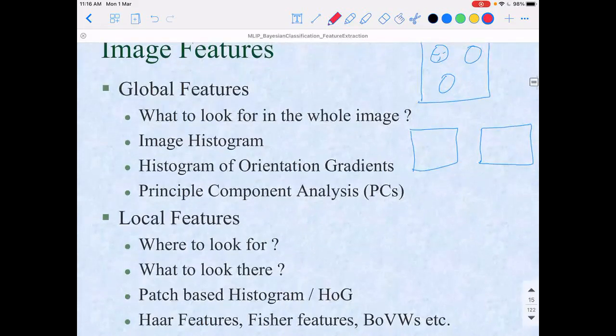As I said, if I want to find out whether a cat is there or not, I may have the tail of the cat, the head of the cat. So different key points, different feature points at different regions of the cat I may take, and each of them may independently give me some assessment of the cat. Those are all called local features. Global features means I will somehow assimilate all these things or match image by image.